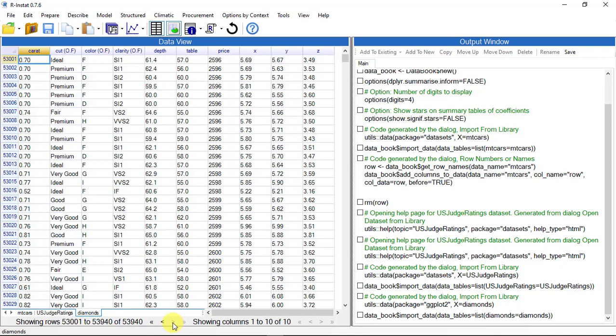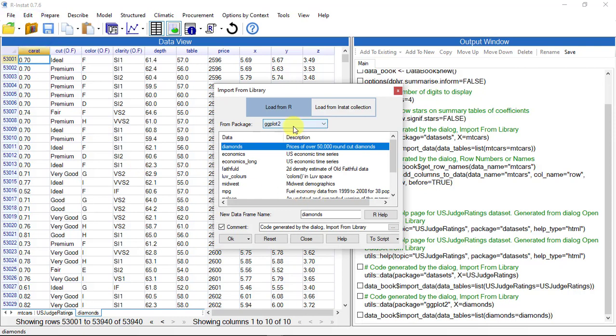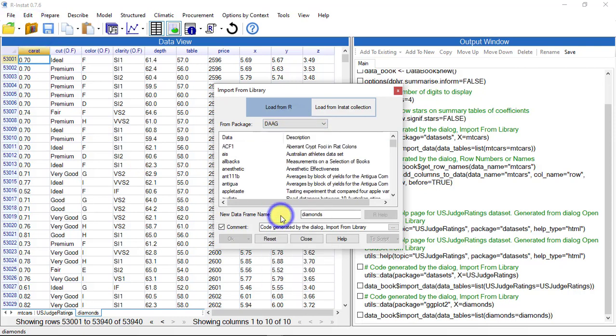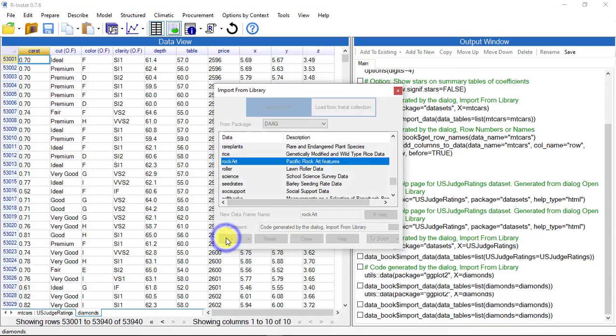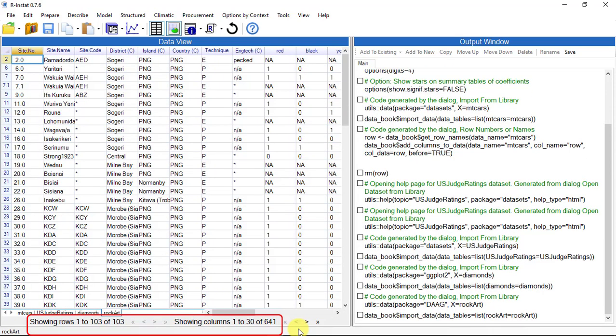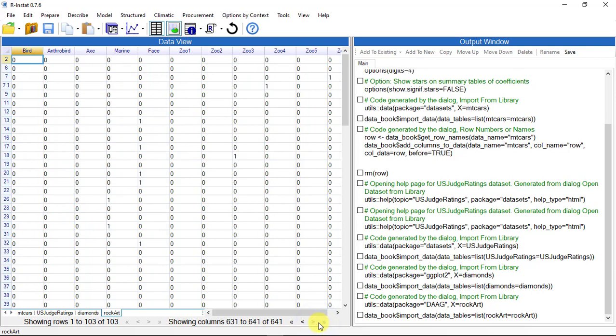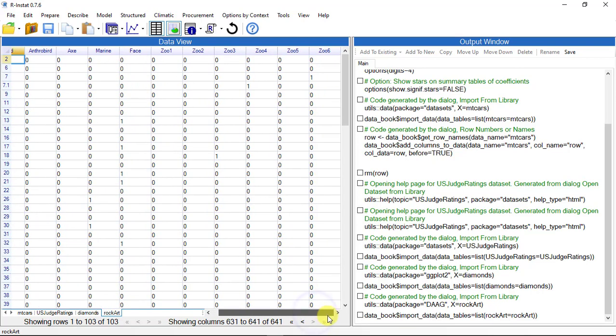The previous examples have been longer than they are wide, but that is not always the case. We open the rockart example from the DAAG package, which has 641 variables and only 103 rows. The last variables here are numeric. You can also very easily skip to the end in a wide dataset using these double arrows at the bottom